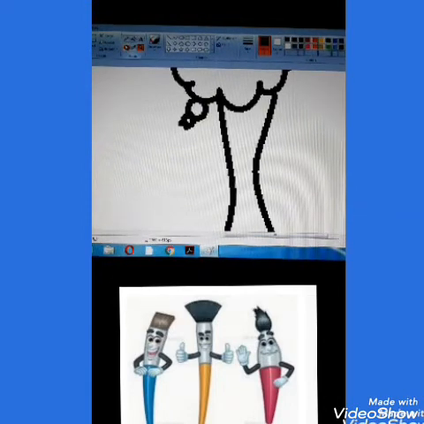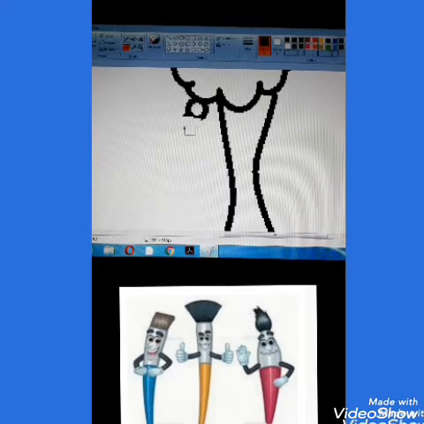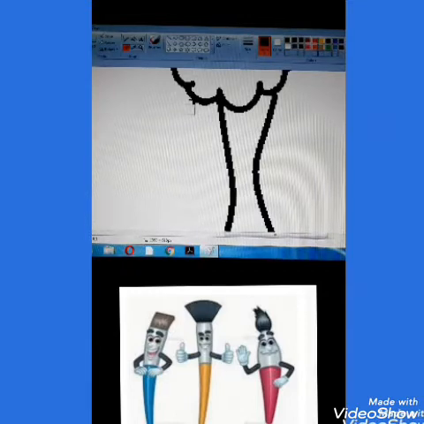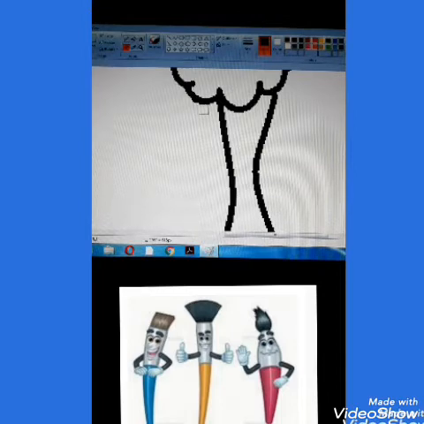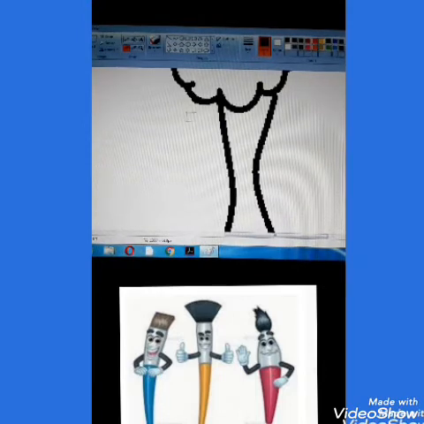Okay, now you have to take the eraser tool, children, and now you have to erase that extra part of that tree. Okay, yes, carefully you have to remove. You should not remove any other part, only that extra part. Now once you have removed that part, again now we have to go to the normal size.